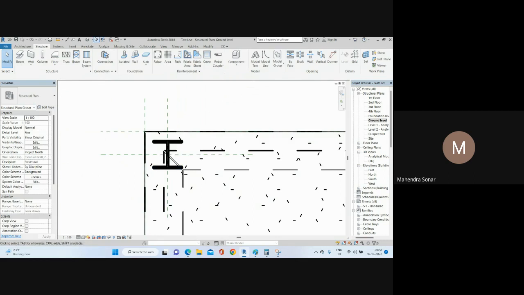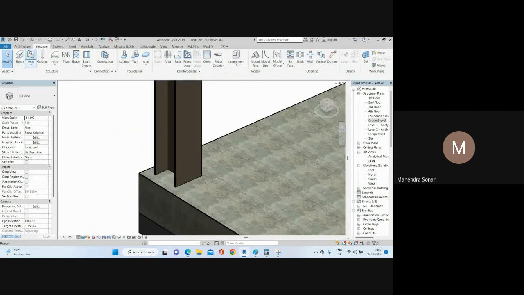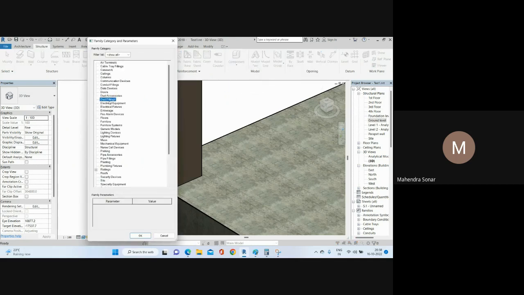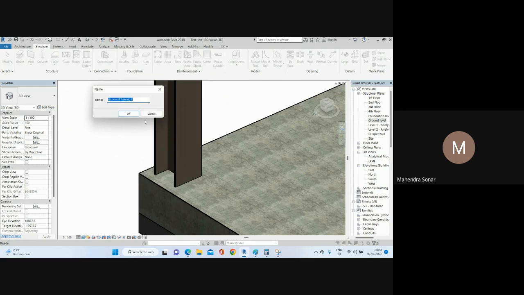So how to add: go again in Model and go to the Structural, Model In Place, click here Model In Place, and you have the option here, structural connection or structural framing or structural stiffeners. You can use this because the base plate is a part of structural framing. So you can use this option and click here. Then you can give here base plate,